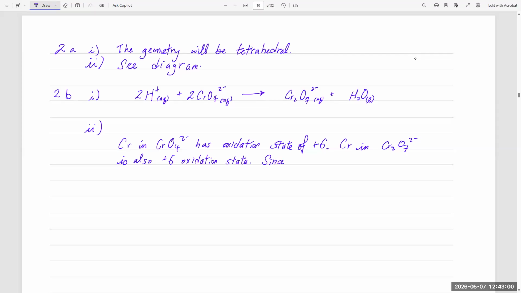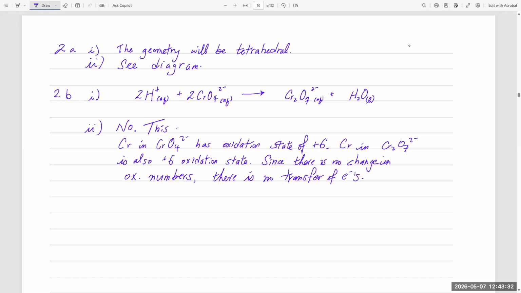Since there is no change in oxidation numbers, there is no transfer of electrons, right? So you would ask, is it a redox reaction? I say no. This is not a redox reaction,